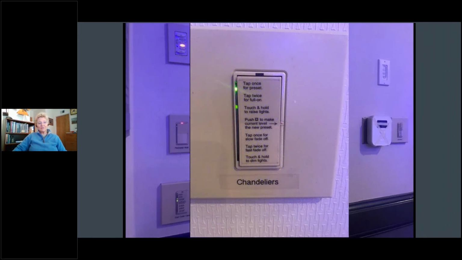They actually went to the trouble of labeling. If you tap once for the preset, you tap twice for full on. I mean, this is an extremely complicated, simple dimmer switch. And look, there are no less than 7 instructions here to turn on these chandeliers. I have to think there has to be a much better way of designing systems than this.